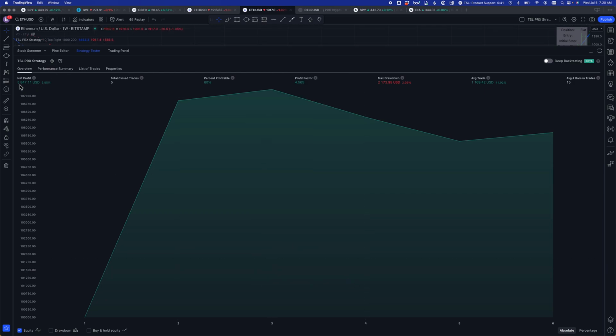Our net profit is 5.85R. We have a total number of closed trades at 5. So we do have to take this with a grain of salt. Of course, 5 is not a statistically significant sample size. We would expect a lower number of trades here because we are using weekly charts and we have less history for Ethereum than Bitcoin. That said, our percent profitability is 60%, profit factor 4.57, max drawdown minus 2.17, and an